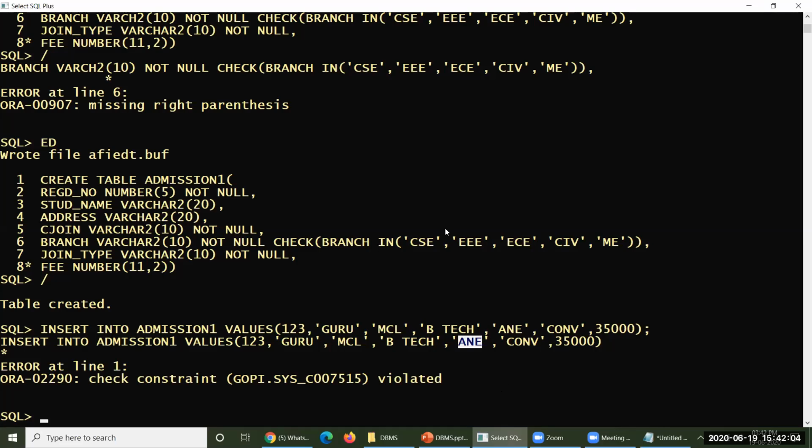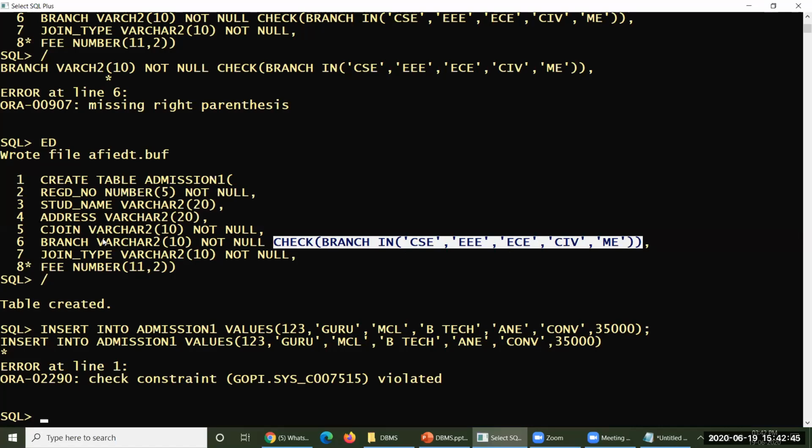Not null and check constraints are domain integrity constraints. These domain integrity constraints are always looking at what kind of data you are expected to have. Whether null values are expected or not. If not expected, not null can be used. Whether only a certain number of values should be accepted in our column, yes, you can specify only those values. Otherwise, you can leave out the check constraint, and it could accept anything.